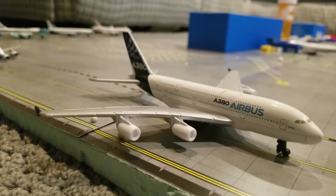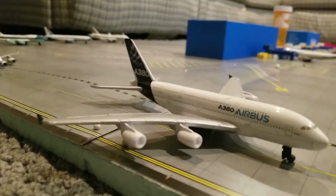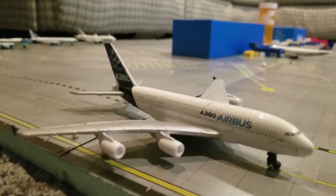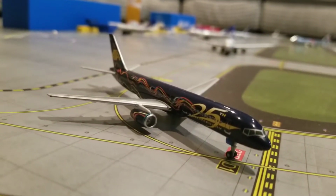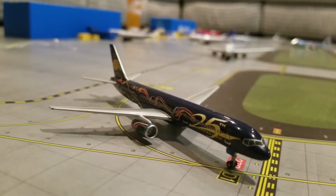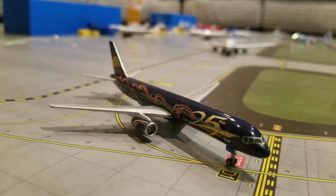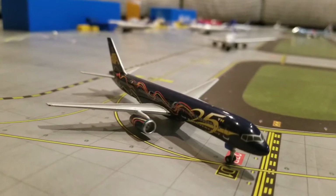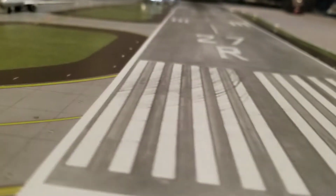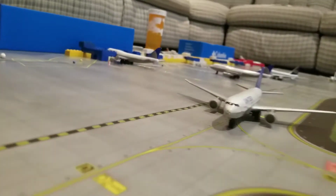It is traveling to the Dubai Air Show, I guess. It's going from Toulouse in France to Dubai International. Next up is this American Transair 757-200 in the 25th anniversary livery. This one arrived from Honolulu and is currently waiting for clearance to line up and wait on runway 27 right, flying back to Honolulu. Next up is this United